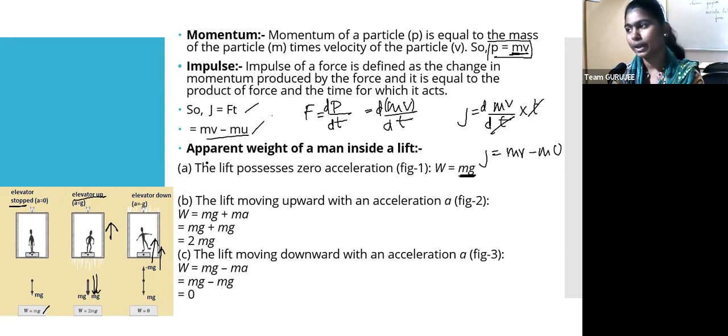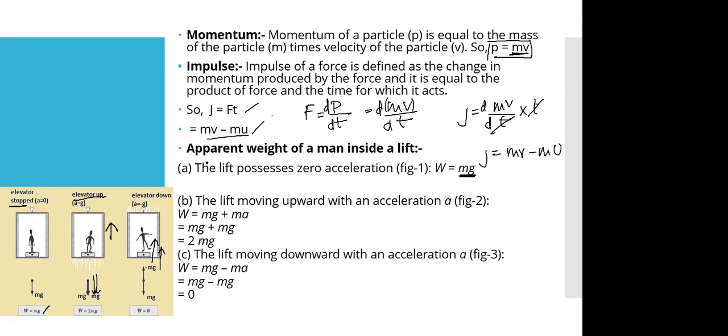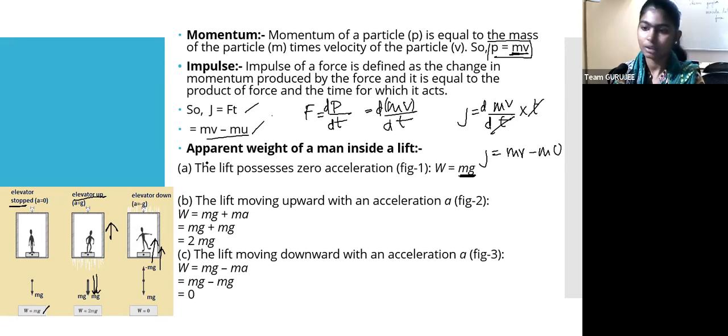Okay, so else you can say that you can again take the example of airplanes. There also you'll have minus g and plus g acting upon you. When the aircraft is taking off, your weight increases. You can feel that, and when it is landing, your weight will be reduced.